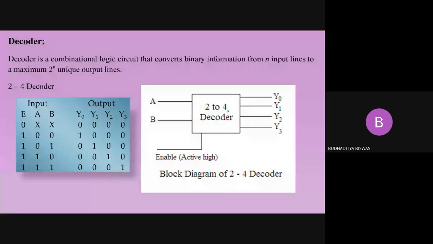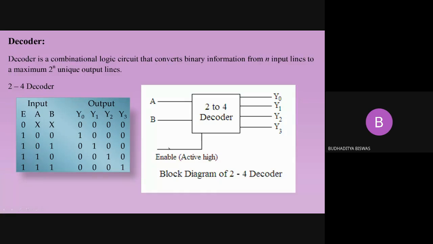So in this particular block diagram, how many inputs are there? Sir, two. Two inputs are there, A and B, and how many outputs are there? According to this formula, the output should have 2 to the power 2, that means 4 outputs, sir. Very good. So according to the definition, this two input decoder must have 2 to the power 2 or 4 unique output lines, and in this block diagram also 4 output lines are showing. The output lines may be designated by Y0, Y1, Y2, Y3, or F0, F1, F2, F3, like this. The inputs are A and B.